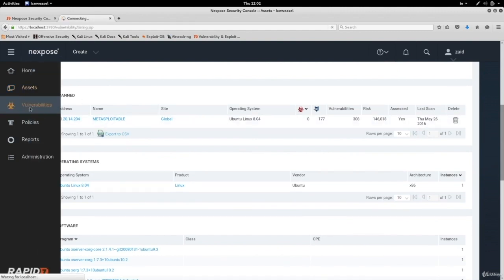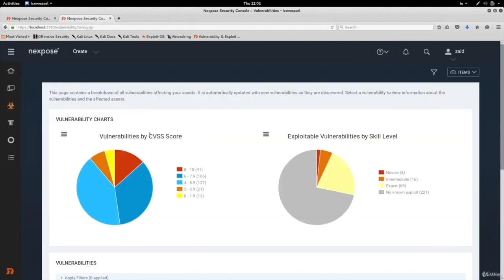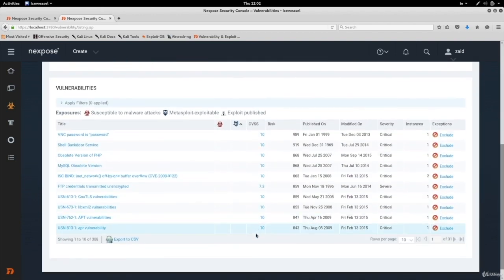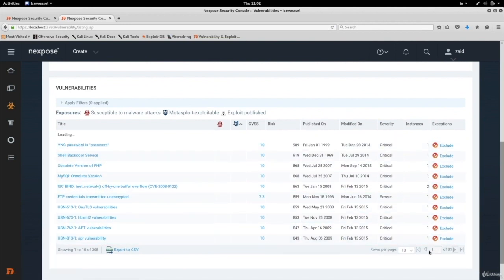the vulnerabilities page here, and you can see we have a graph here about the vulnerabilities categorized based on their risk factor. And here they're categorized based on the skill level needed in order to exploit these vulnerabilities. And in here, you can see a list of all of them, and we can switch between them using this